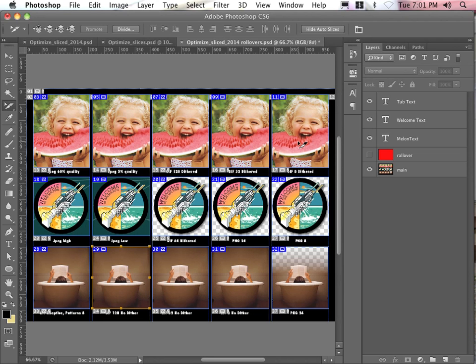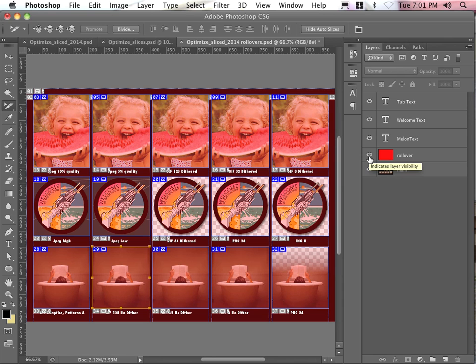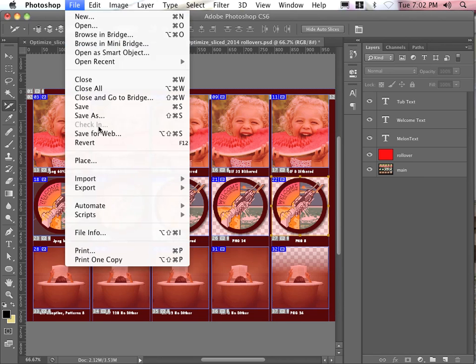So the next step is to actually change the visual aspect by turning on the rollover layer, which gives it all a bit of a red tone, and then export all of these as selected slices, and then we will apply the rollover features in Dreamweaver. So with the rollover layer turned on and all my slices renamed with the added underscore over to them, I'm going to go up to File, Save for Web,